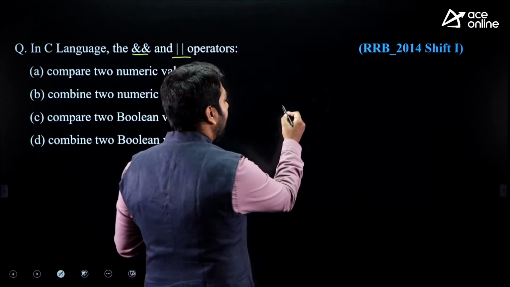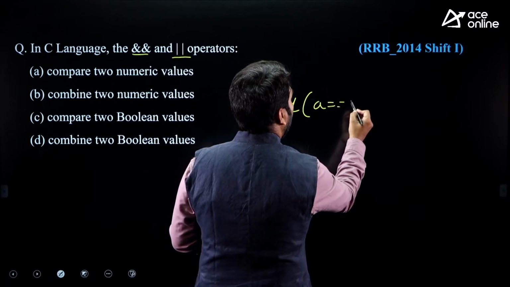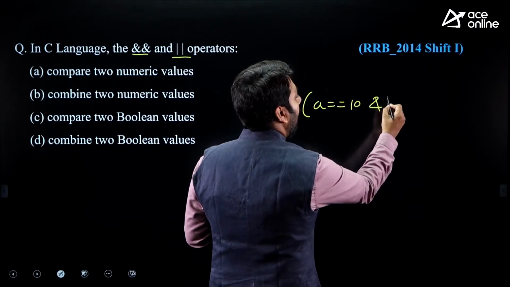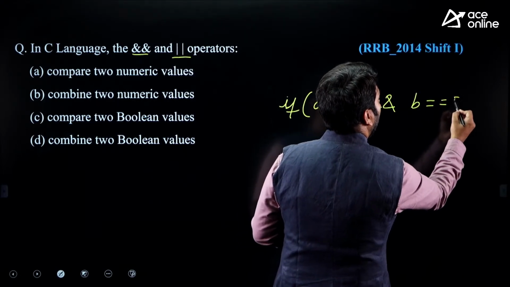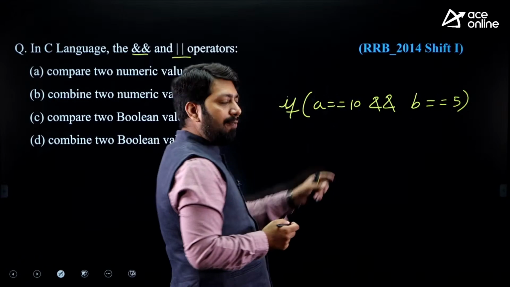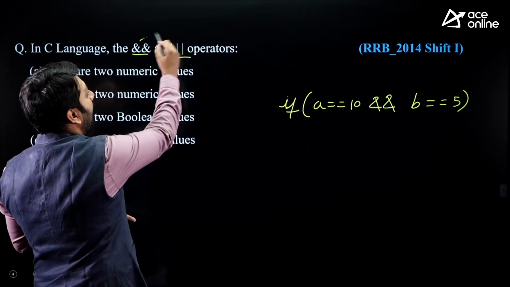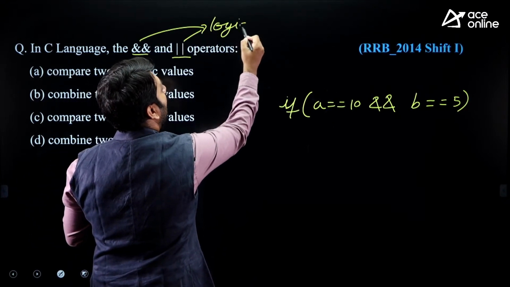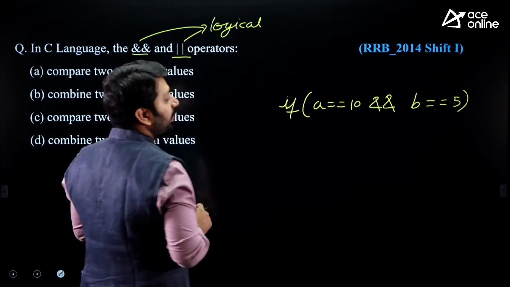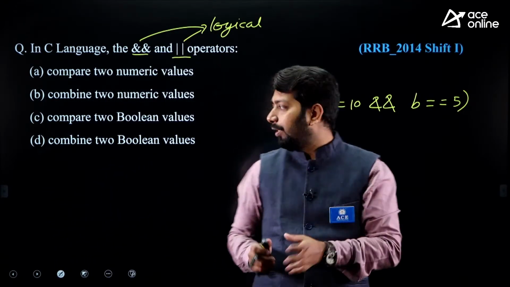Like we write if A double equal to 10 and B double equal to 5, isn't it? Same way, instead of and, we can use or. What is this? These are logical operators. Logical AND and logical OR operators. So they are logical operators which are used to combine